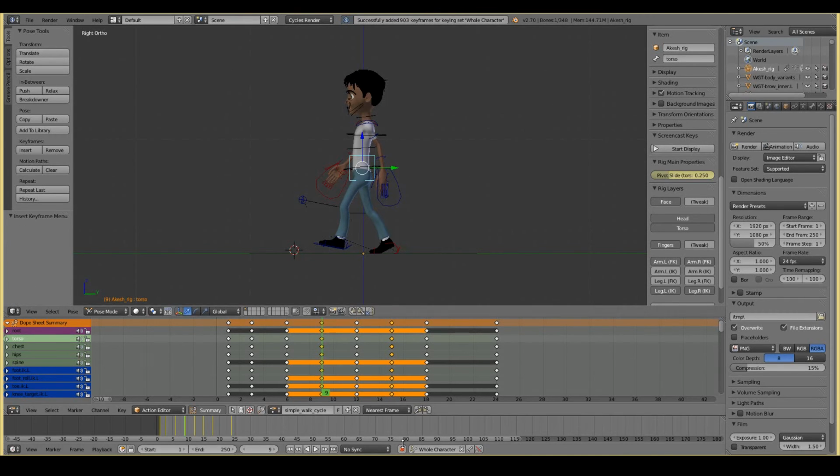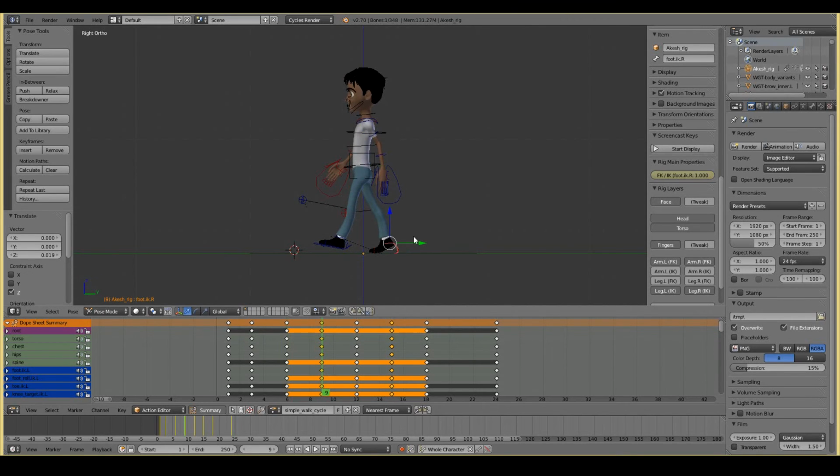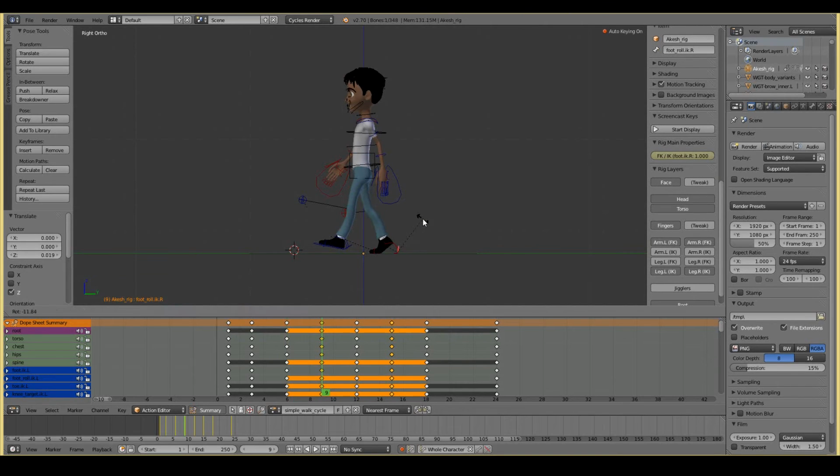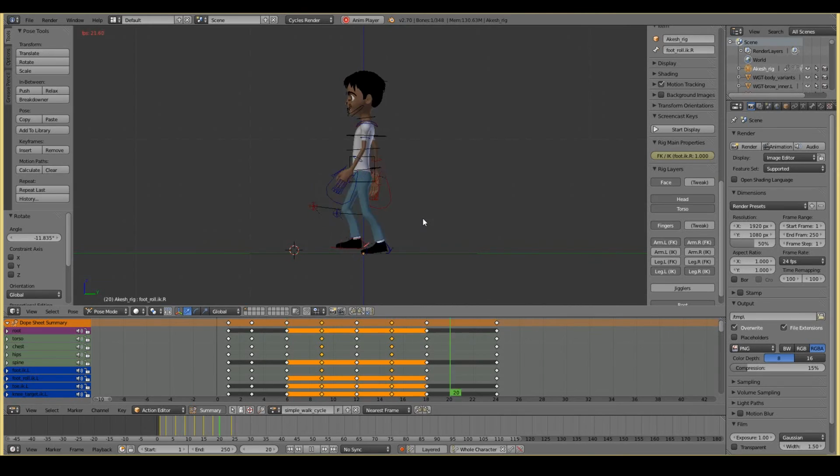I'm just going to enable automatic keyframe insertion so that I don't have to keep pressing I all the time. Can we move it even higher? But doing so, make sure that I rotate this. Not too high. I guess that is a little too high.